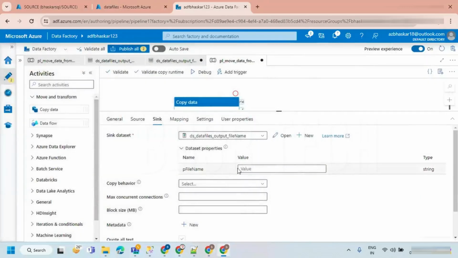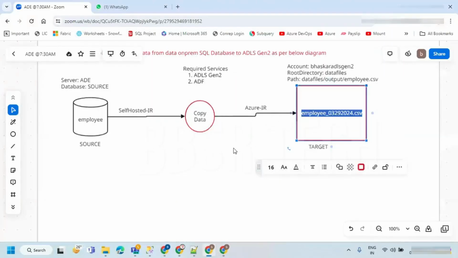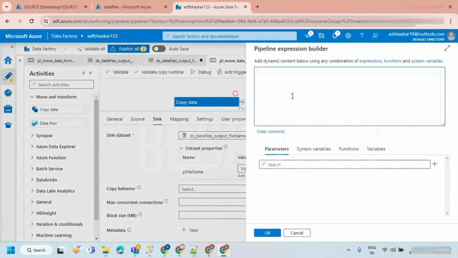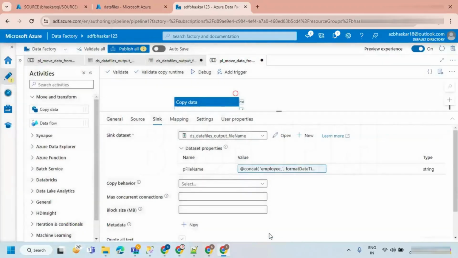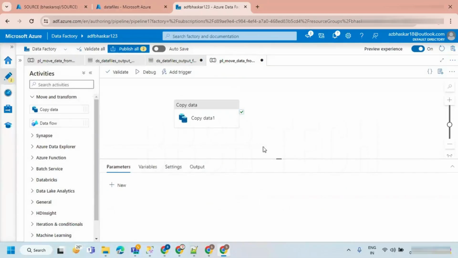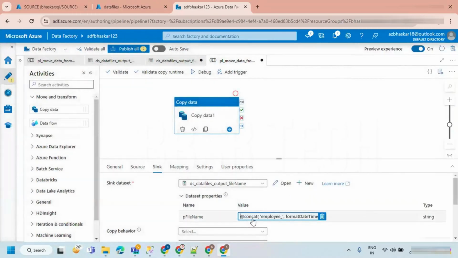In this particular place, I'm going to use it directly. We don't need to create a variable again. Let's go again here, take a copy and paste it. Hit OK. If you can write it here directly, we don't need to set up a variable. It all depends on your interest and requirement. But if you want to write the expression directly here, we can do it. Or if you want to keep this result in a variable, use the set variable activity and call that variable name, that is also fine. In the last session, I explained about it.